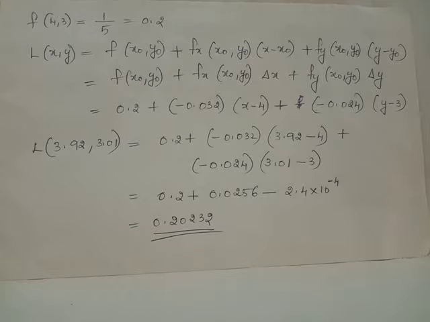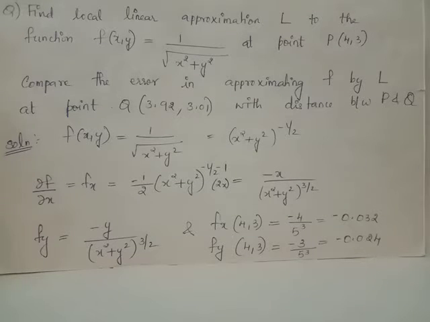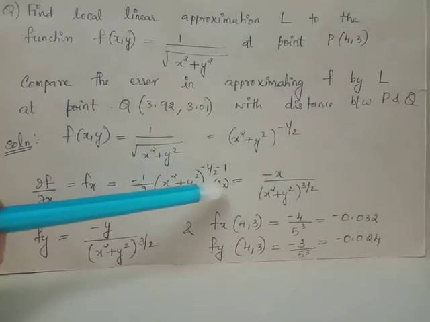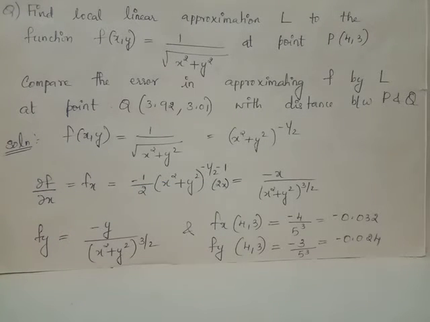In order to get the approximation, we have f of x, y equal 1 by root of x square plus y square, which can be rewritten as x square plus y square the whole raised to negative 1 by 2. We have dou f by dou x equals negative 1 by 2 multiplied to x square plus y square the whole raised to negative 1 by 2 minus 1 into derivative of x square plus y square with respect to x, which is 2x. You can cancel 2 and 2, and the power of x square plus y square becomes negative 3 by 2. And thus you can write x square plus y square along with its power 3 by 2 in the denominator. And in the numerator we are left out with negative x.